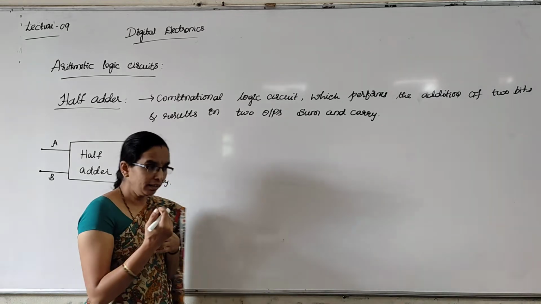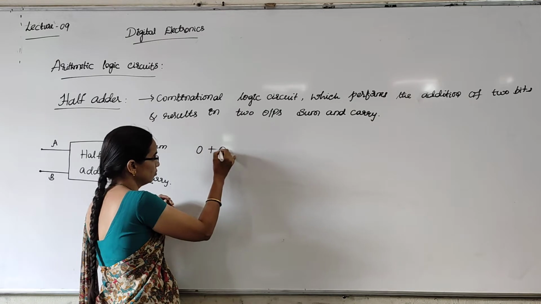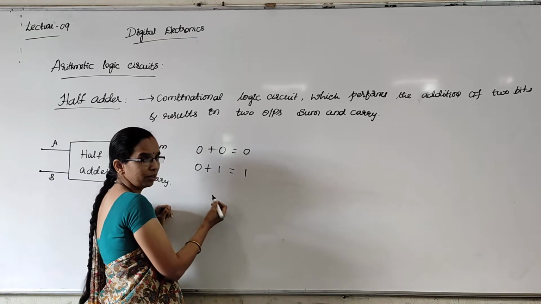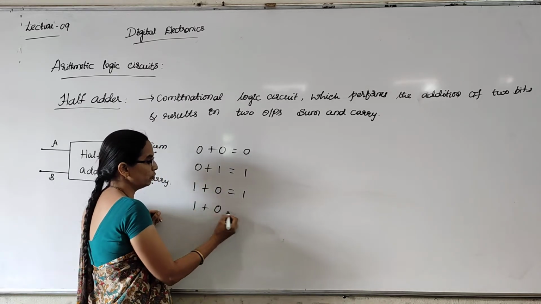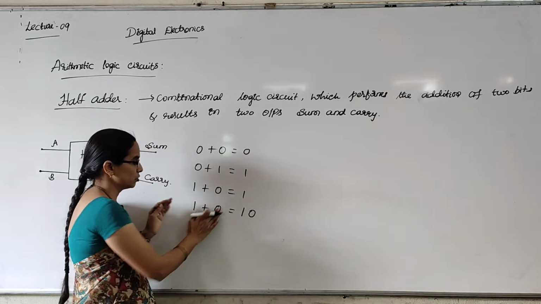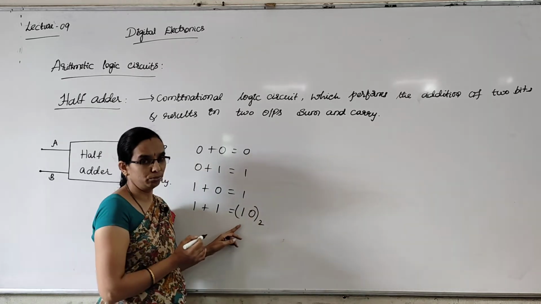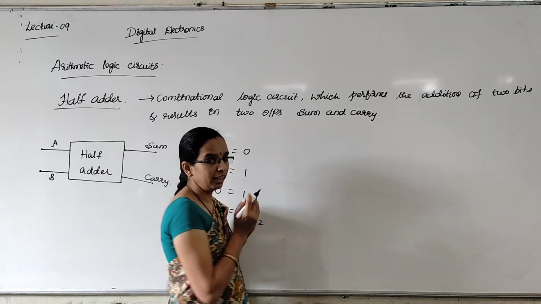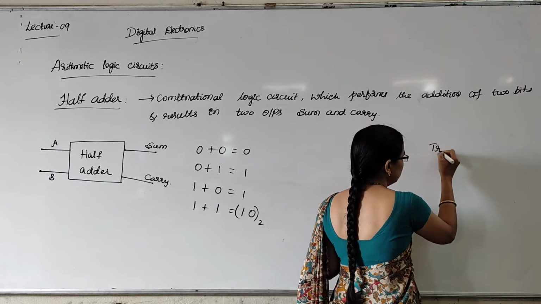So while adding, the combinations of input we will get are: 0 plus 0 is 0, 0 plus 1 is 1, 1 plus 0 is 1, and 1 plus 1 is 10, that is binary 2, right? So if I put that in a truth table,